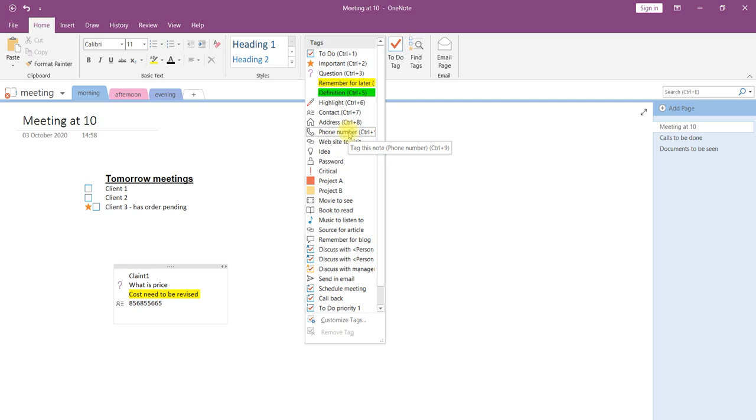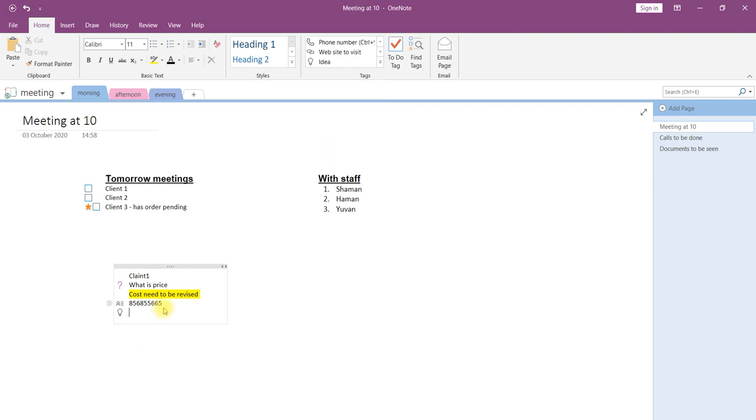If it is a phone number you can change it to phone number. If you have a detailed contact, you can use Contact. If only an address has been given, you can make it an address. And if some idea has been shared, you can make it an idea and write down what idea they have shared.